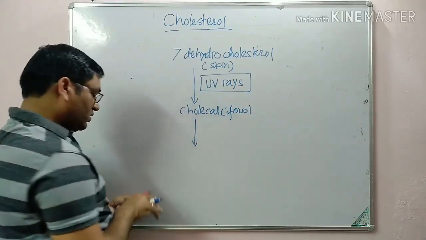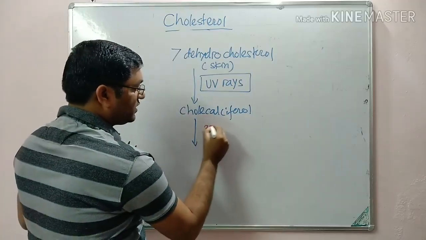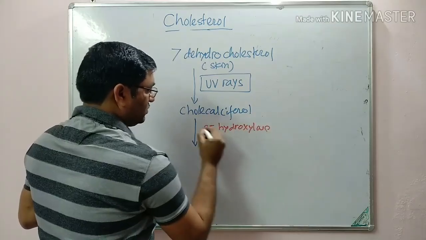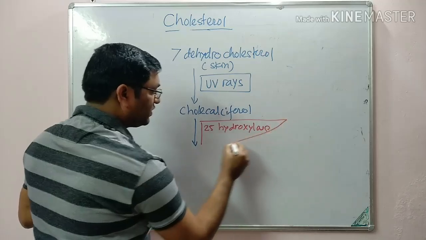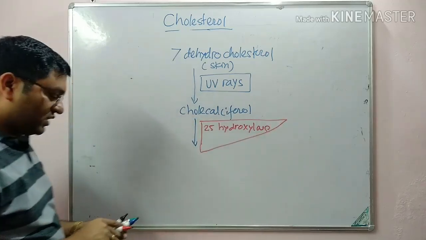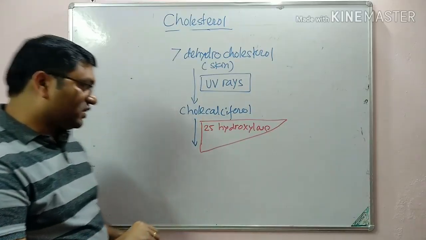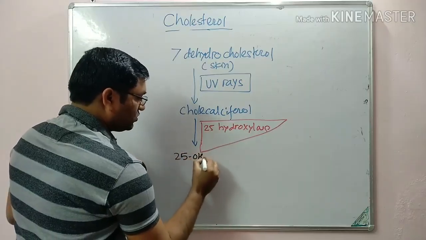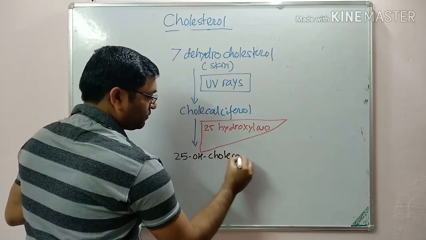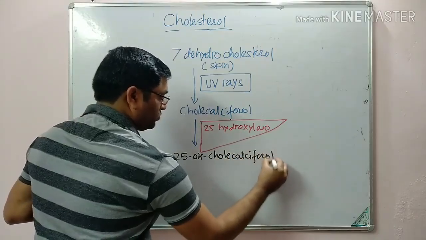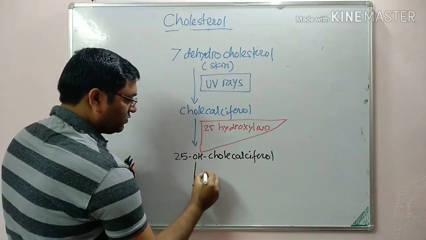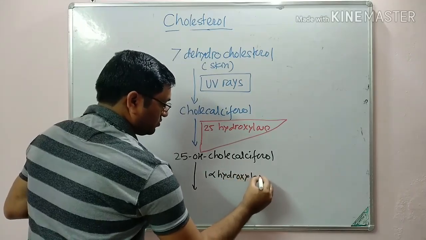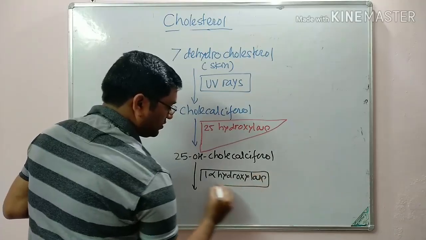which with the help of 25-hydroxylase, this reaction occurs in the liver. With the help of 25-hydroxylase, this cholecalciferol is converted into 25-hydroxycholecalciferol, which on 1-alpha hydroxylase, in the kidney,